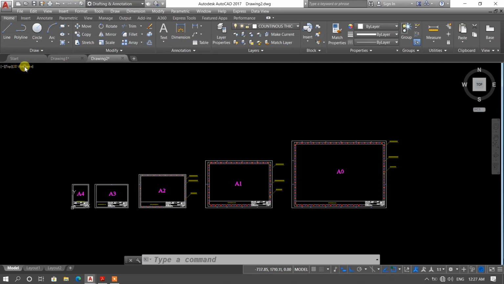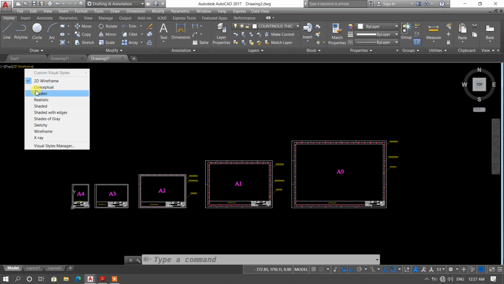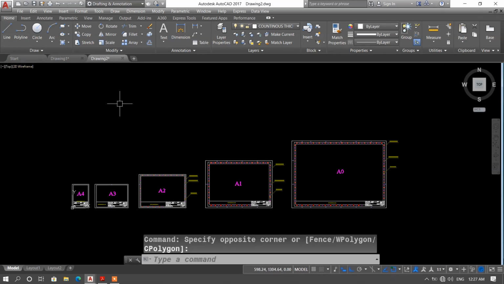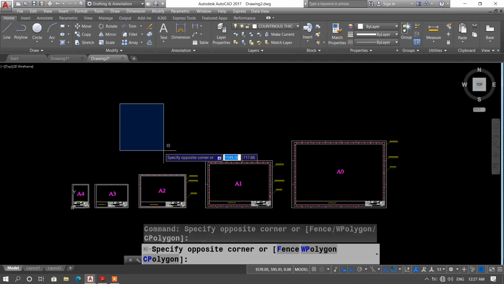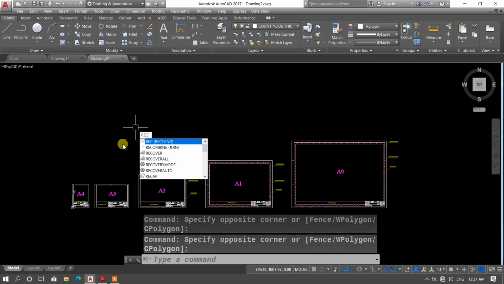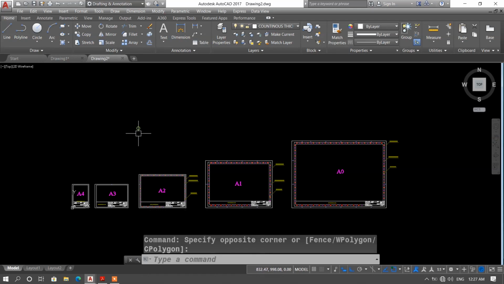Also, we can change the visual style of our 3D model with the help of viewport control. With this cursor, we can select the object or we can draw any shape of regular geometry. As you can see, I am drawing now a rectangle.